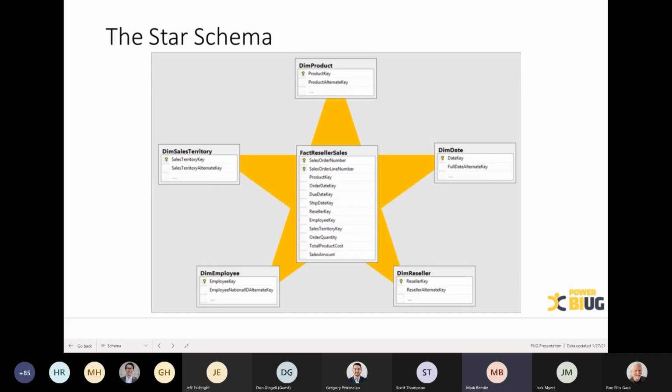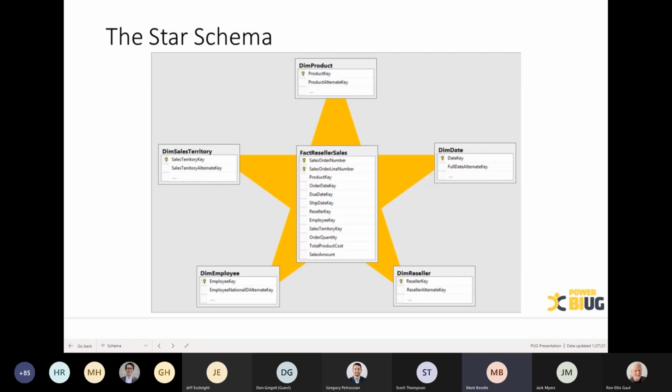It makes DAX easier. It makes building your visuals easier. It makes the compression of your data model better. It makes things faster. There's really no downside to building a star schema, except sometimes it's hard, right?